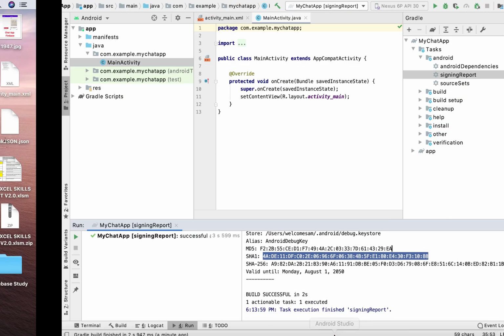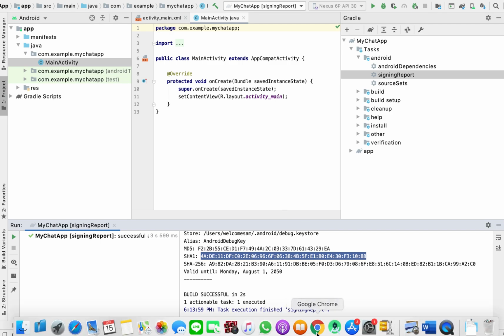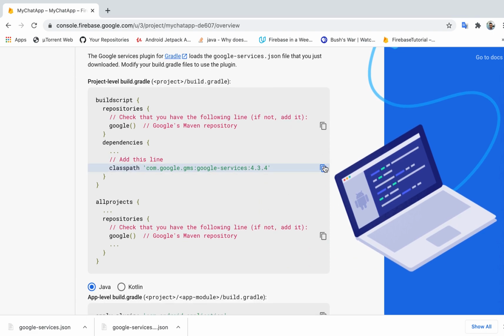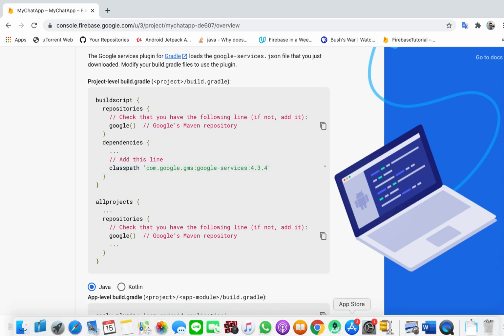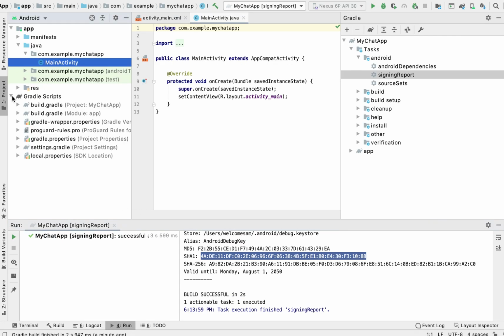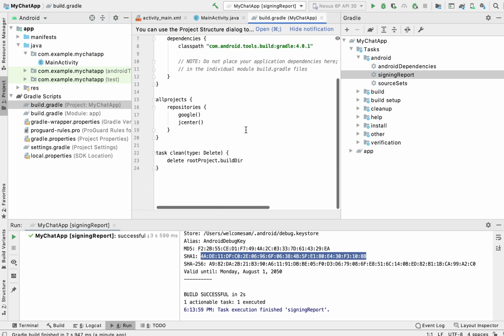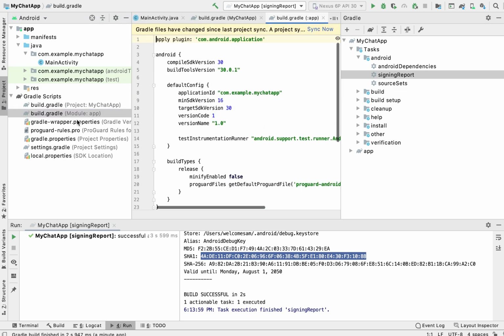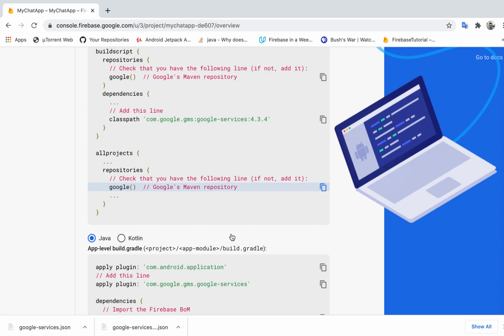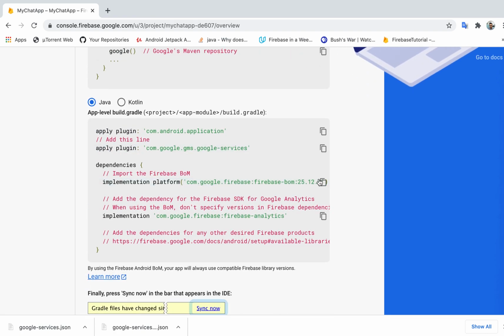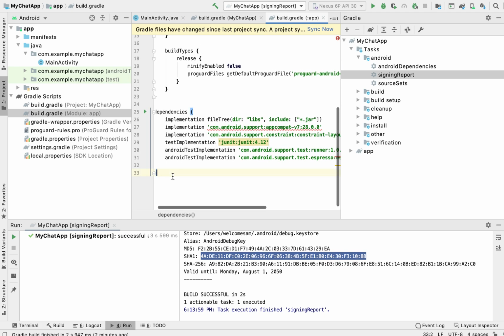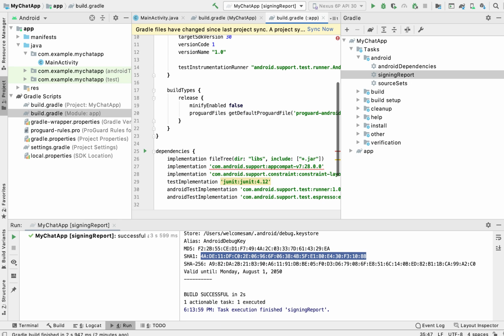Okay, now what we'll do here is we'll go back to our console, and these are some of the dependencies that we have to add. So first of all, we'll copy this, and we'll go to the project. Okay, and I'll sync it once it's all done, and this plugin that we need is outside here,